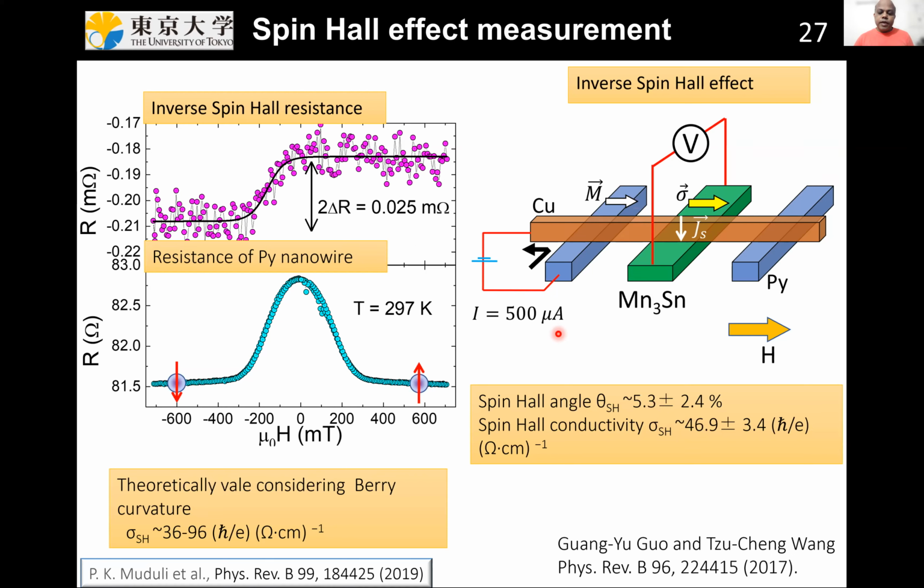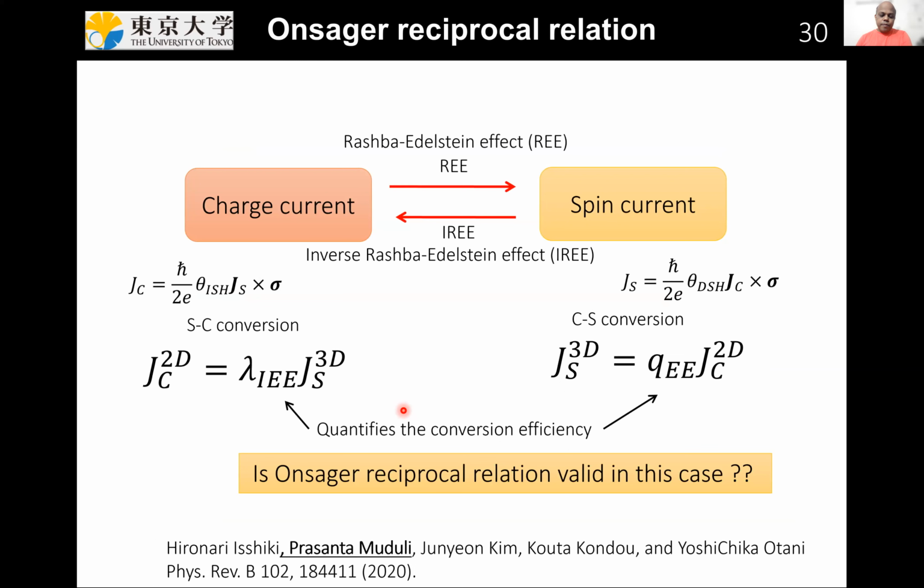So in the last part, I will try to explain the same experiment in the Rashba interface. The problem in Rashba spin charge conversion is that these Rashba conversion coefficients have a unit, whereas spin Hall angles are unitless. So it always comes to mind whether the spin charge conversion by the Rashba Edelstein effect actually follows the Onsager reciprocity relation or not. This is the main motivation for this kind of experiment.